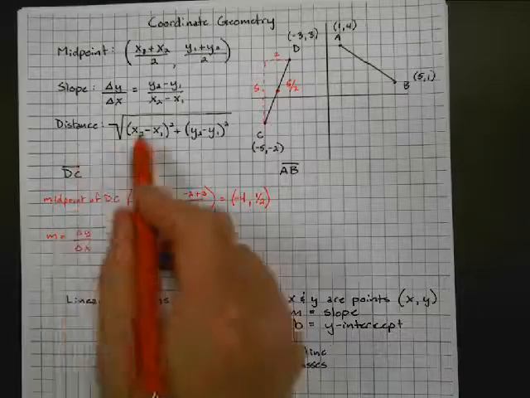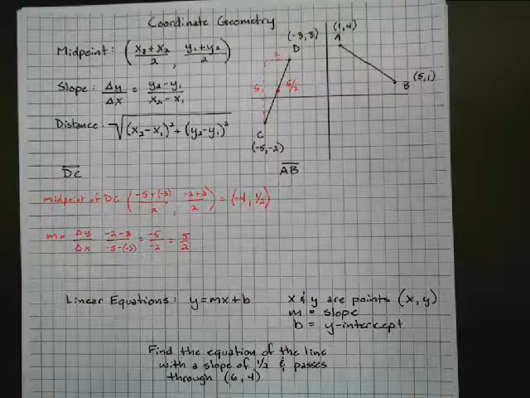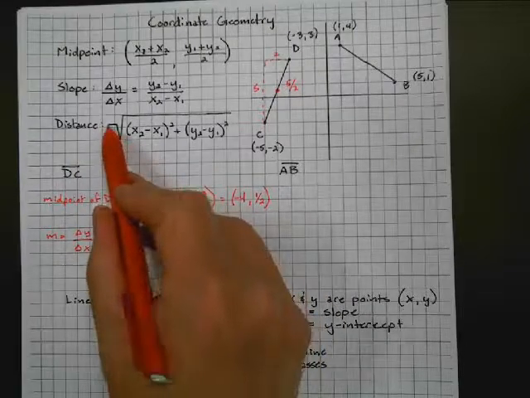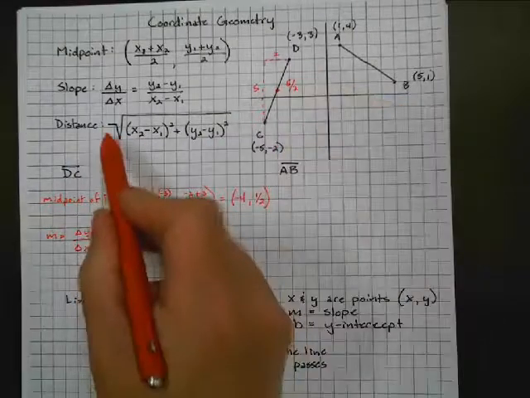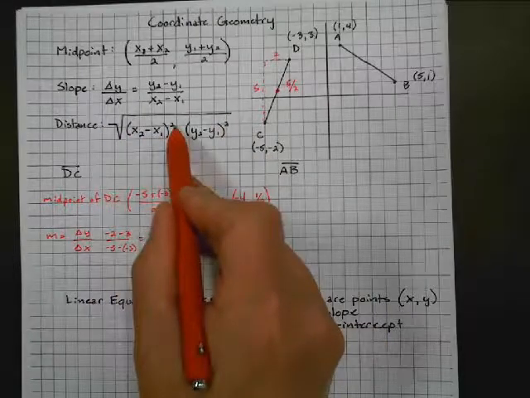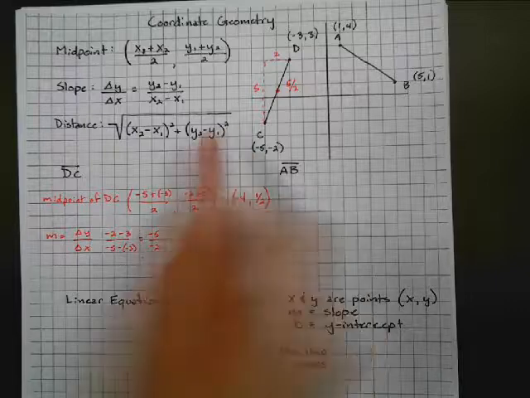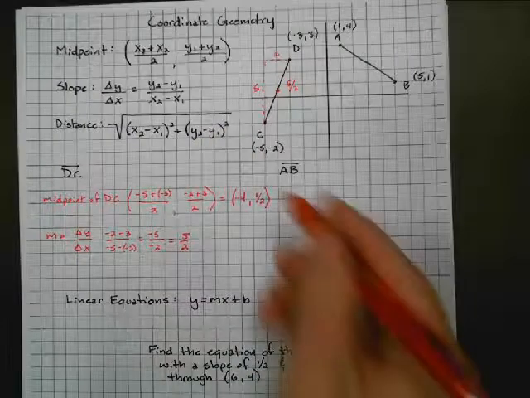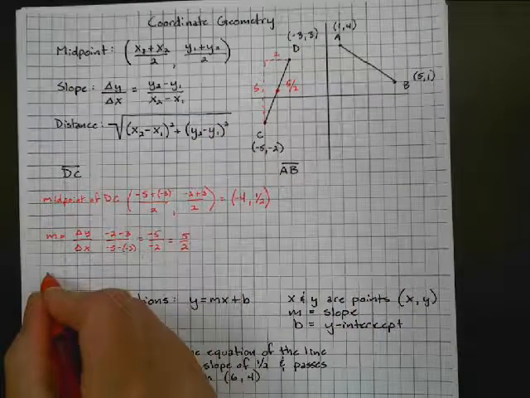Last thing is our distance formula. The distance formula says that the distance between 2 points is the square root of the x's subtracted then squared plus the y's subtracted then squared. Okay, so let's go ahead and do that one real quick. So the distance